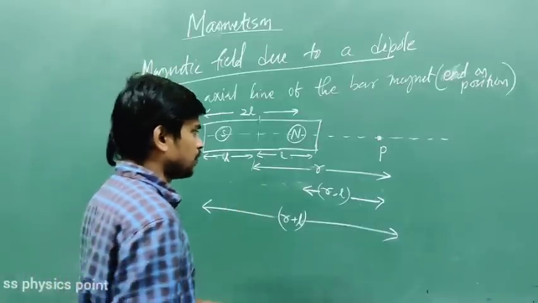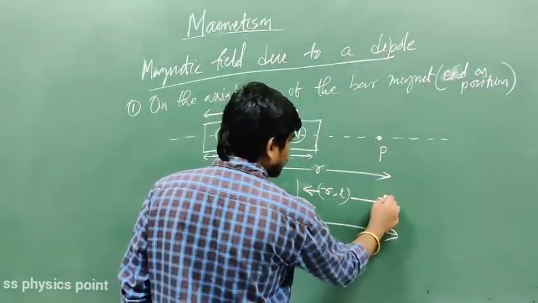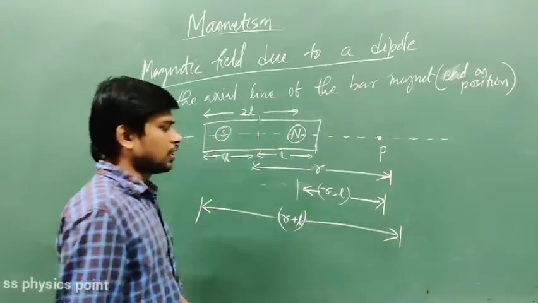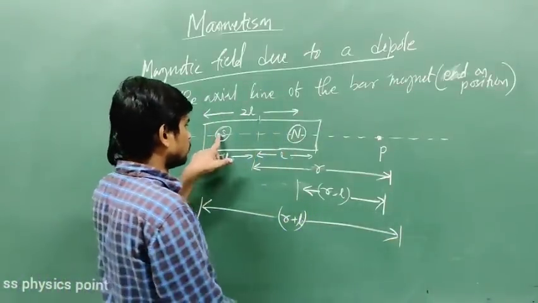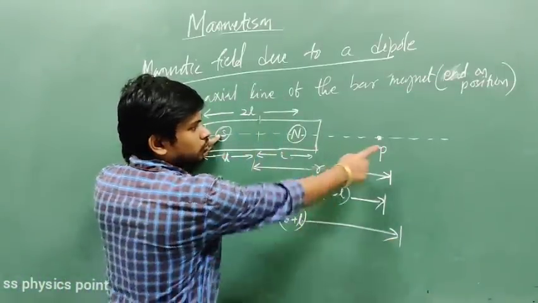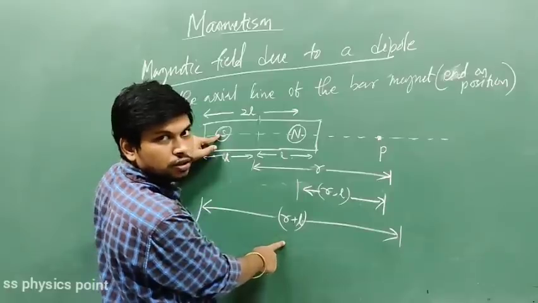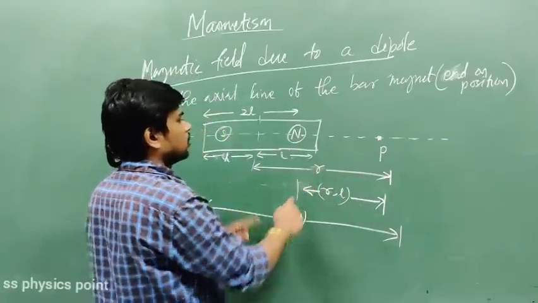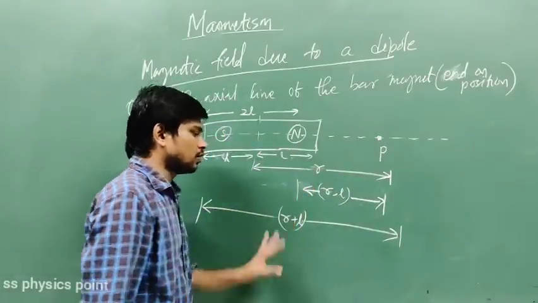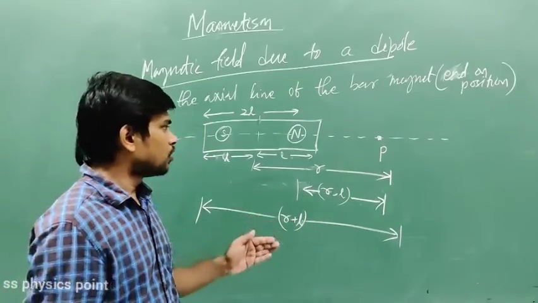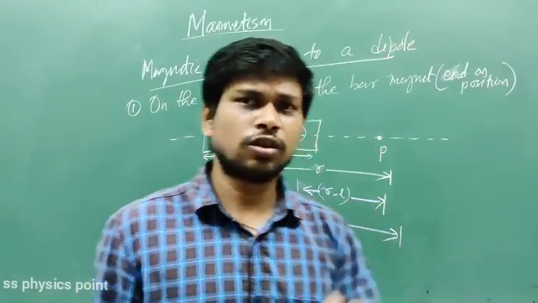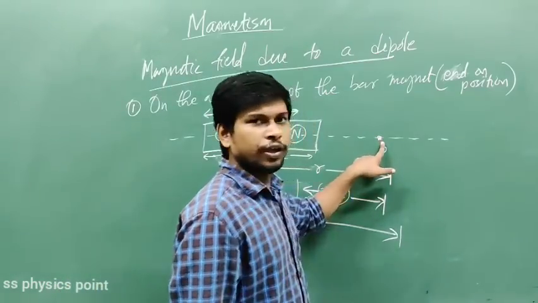Draw the figure perfectly, showing the distance from where to where you are taking. This is very important, which is R plus L and which is R minus L. The distance of the south pole from point P is R plus L. The north pole is R minus L. From the center it is at a distance of R. Draw this figure again. One more thing, just remember what will be the direction of force at point P because